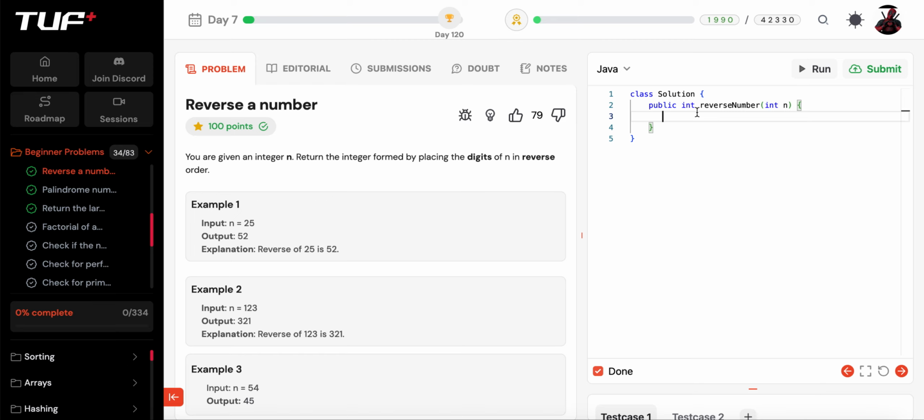So let's solve it. So to track the remainder, I'll initialize a variable called remainder and set it to 0. There is a typo in remainder, and then int reverse. This is a new variable which will be set to 0 and it will store the reverse of the number. So while n is greater than 0,